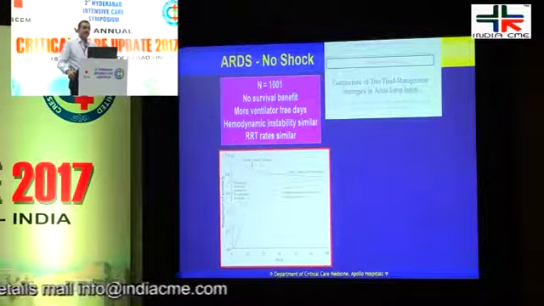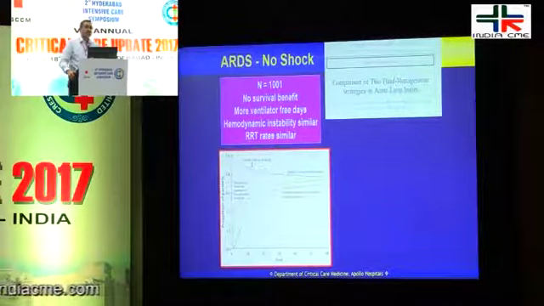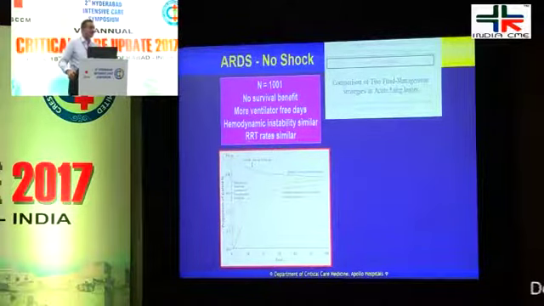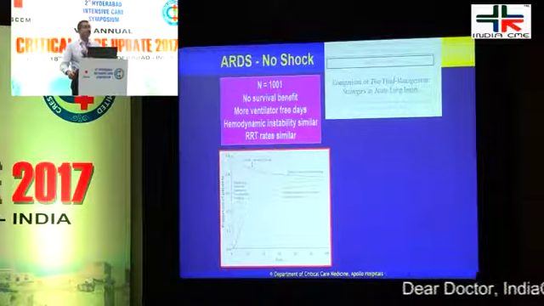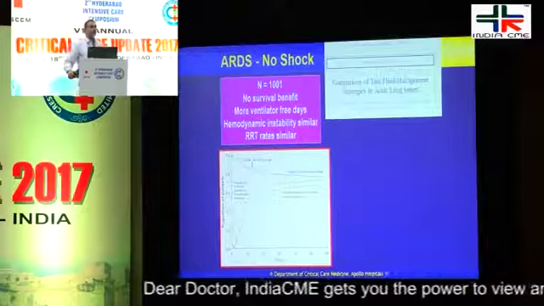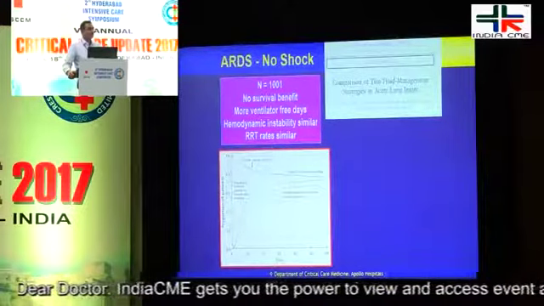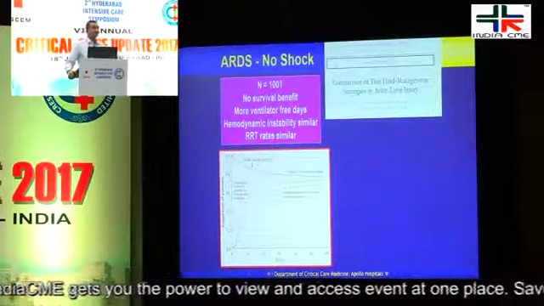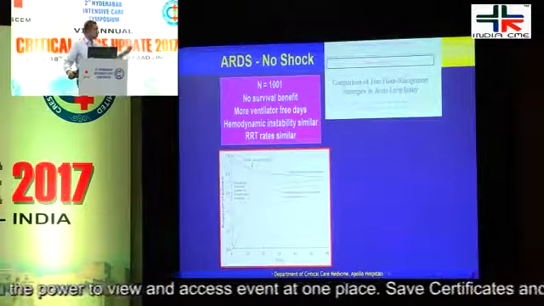The downside, everybody will ask me, is was there more acute kidney injury? The answer is yes, more acute kidney injury, but not necessarily more renal replacement therapy. Yes, their BUN and creatinine went up a little bit, but no significant consequences came out of it. So you're not doing terrible harm by doing a conservative strategy if the patient is not in shock, based on